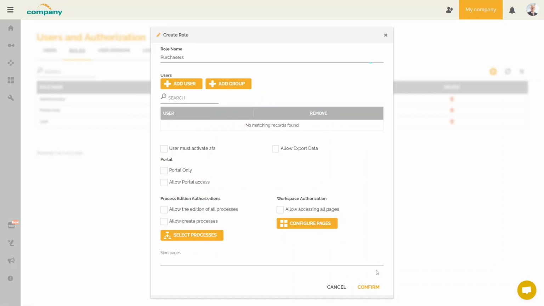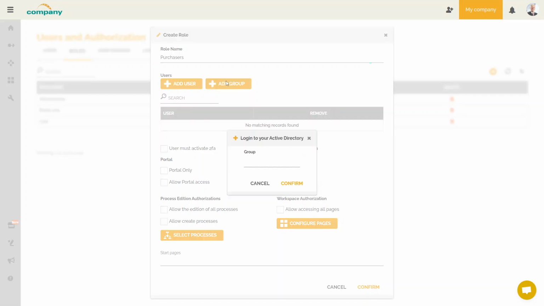If you have SSO integration in your contract, then it is possible to associate a group from your SSO to a HEFLO role. Authentication via this method allows the user who is connected to your SSO to connect directly to your HEFLO environment. The system will then be able to retrieve the information of the user concerned. For example, if you want to connect the purchaser's role with a group of your SSO purchasers, then you just need to enter the name of the SSO group in this location. In our case, we will put AD purchasers, assuming that the group name in the SSO is AD purchasers.